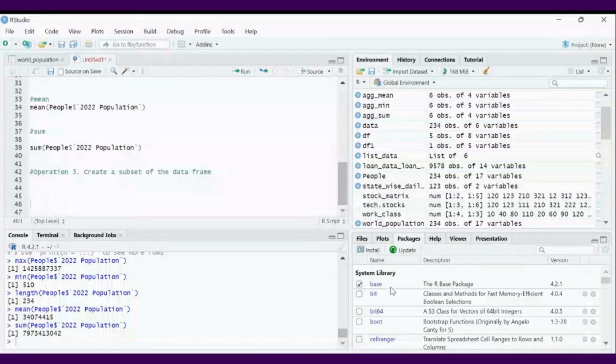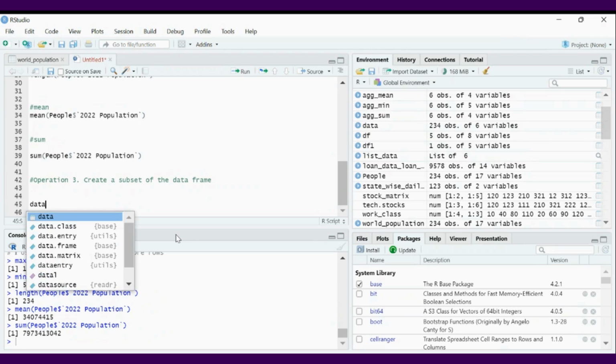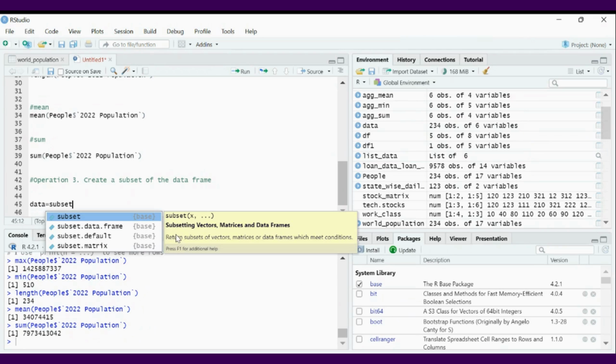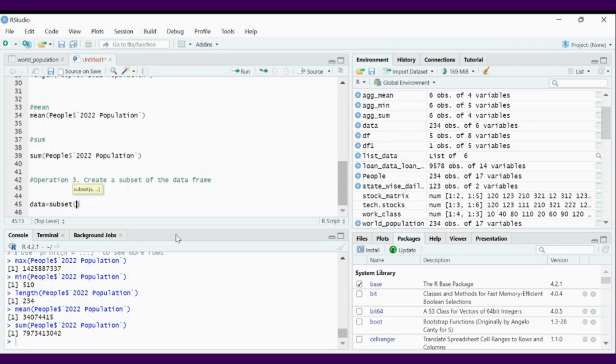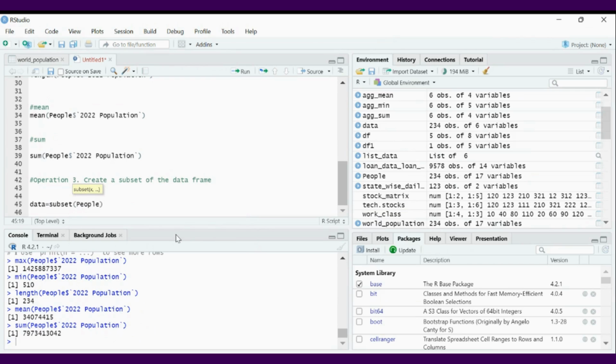So in the third operation, we have to create a subset of the data frame. So first we need to assign a name to the subset. Here I am naming it data. You can give any name to it. Is equal to subset. Now give a bracket, people, people comma select